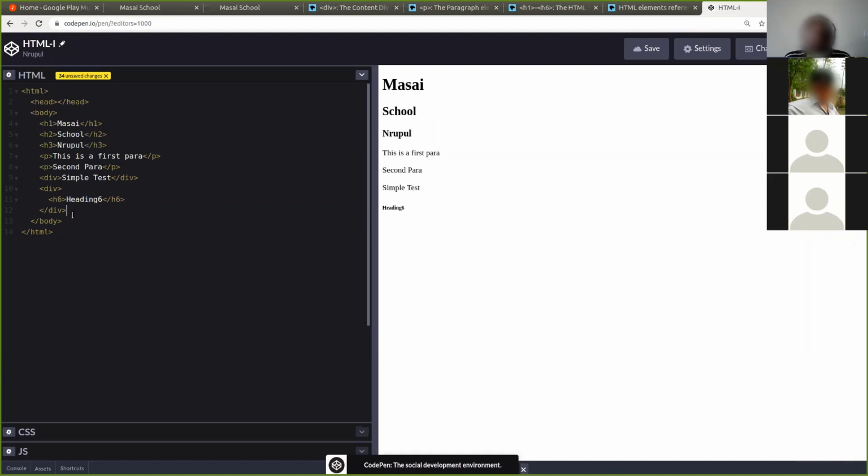You can create divs inside divs. You can create as many divs inside these things. If you put an empty thing, you don't see anything. Again, we'll start using it in the upcoming classes.